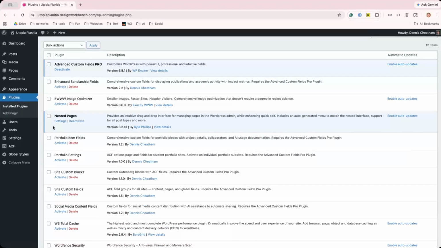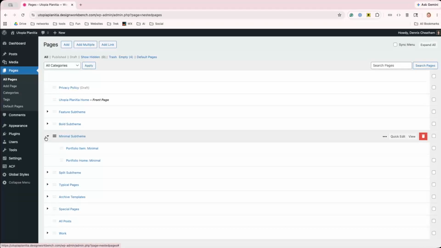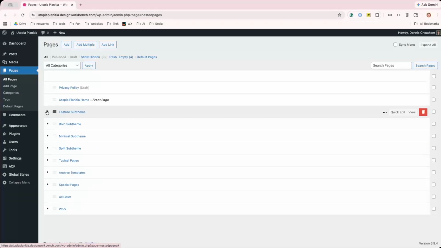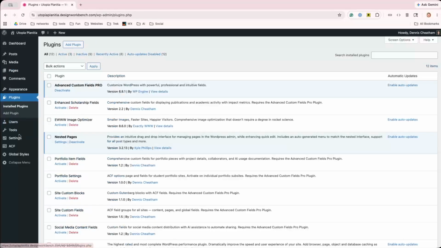So a few other plugins I highly recommend for your site. One of them is Nested Pages, and you'll see I already have that one activated. Nested Pages turns our pages view into a much cleaner view where you can telescope and drag files around in order. Popping over to plugins,